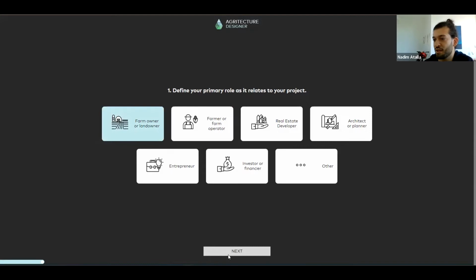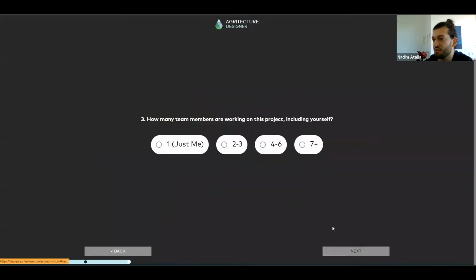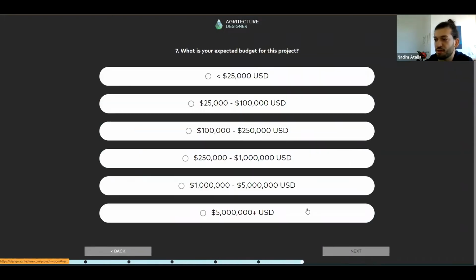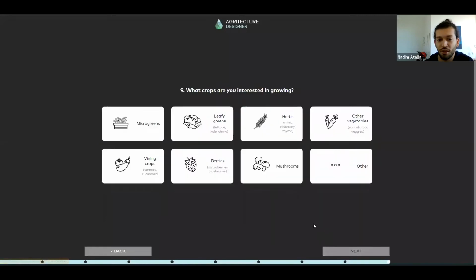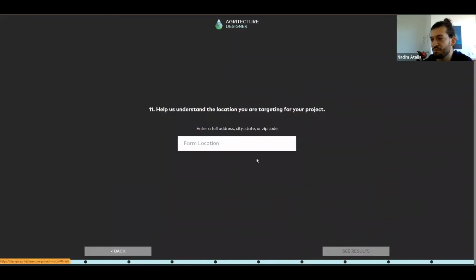So for example, let's say I'm a farmer or a landowner. I want to go for profit and education. Those are my goals. And it's going to ask you several other questions about your property, about what you're interested in, about how much farming experience you have, what budget range you want to work in, what area you'd like to work in, and what crops you'd like, and also how you plan to sell those crops. And I'll also put that my farm location will be in Brooklyn, NY, since that's where I am, and